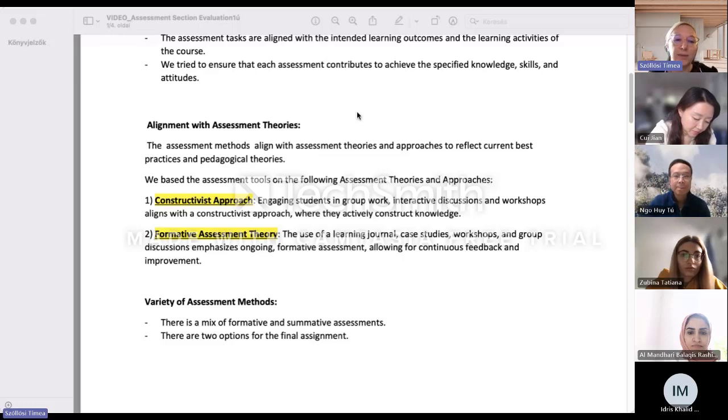And the second one is the formative assessment theory. Formative assessment is for learning. It means that we will use self-assessment and peer assessment, and also teacher assessment, with the view of helping students to learn better and to progress better in the course while they are still in the learning process. So this will mean that we will use learning journals, which is a good